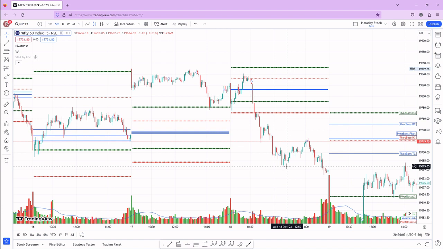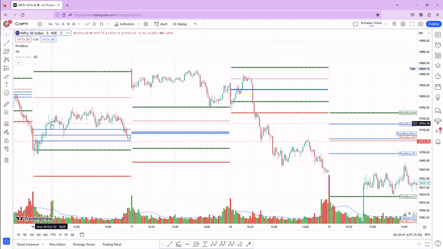And at the same time, when the pivots are unusually wide, a wide range pivot typically results in a sideways or trading range market. Sideways or trading range is something like this: it trades between one high and one low which has been formed. Each result, whatever we are trading, depends on a certain method. So you need to know what happened the previous day, and accordingly you can predict what will happen the next day. That is why pivot with forecasting actually helps us.